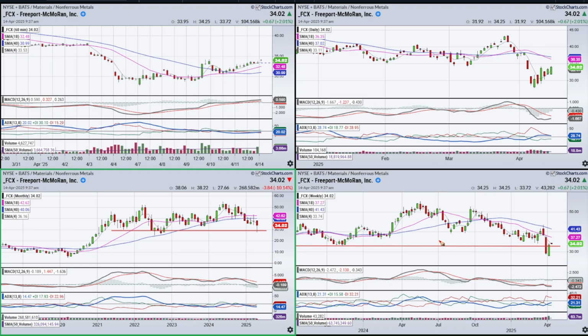So I want to find the stocks that have the higher probability setups, not one that has the possibility of breaking through a big support area. All right, so keep this in mind with your trading right now. You need to be in tune with everything that's going on, and you need to be on your best game if you think you're going to make money in this environment. This is not an environment for novices. If you think you can trade and just make money because there's a lot of volatility out there, I think you're going to be in for a really long journey, because volatility is great if you know what you're doing